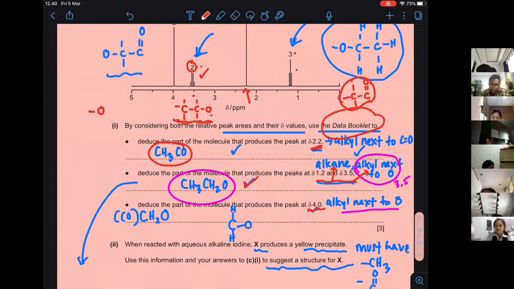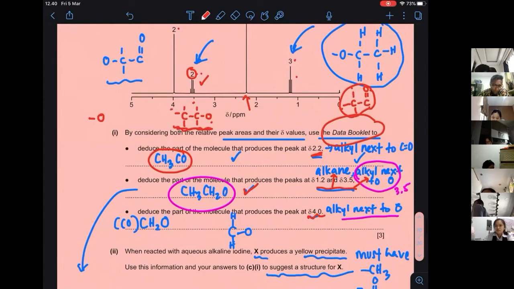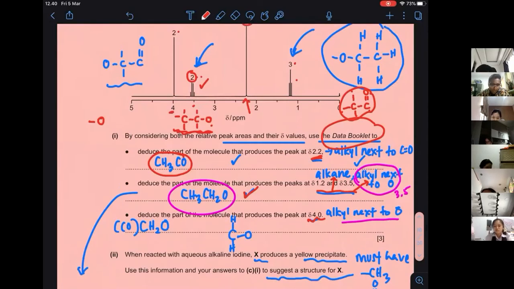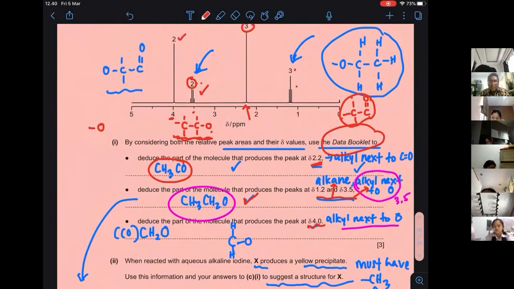So here when I look at 4, I notice that this is going to be 2 environments. So the moment I see 2 environments, it means there must be C and then H and H. There's no other way. And then they also mentioned that this is going to be a single peak. Now, if this is a single peak,